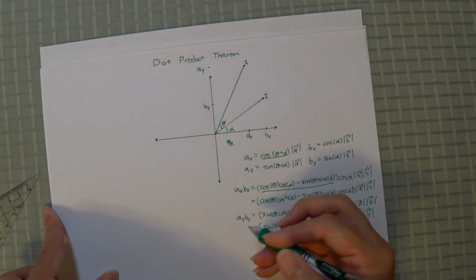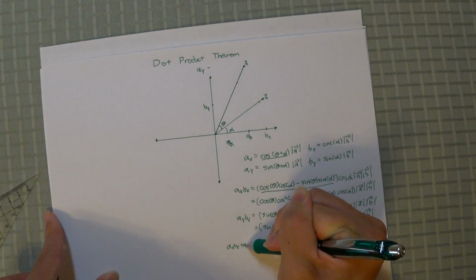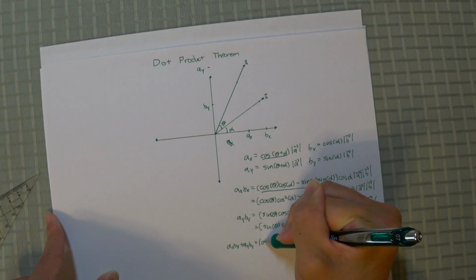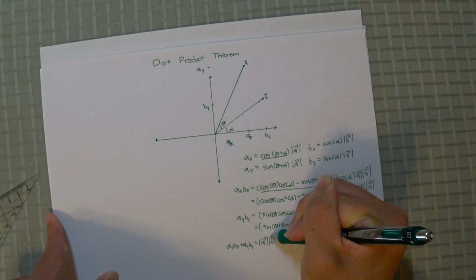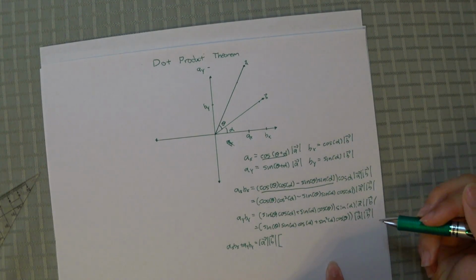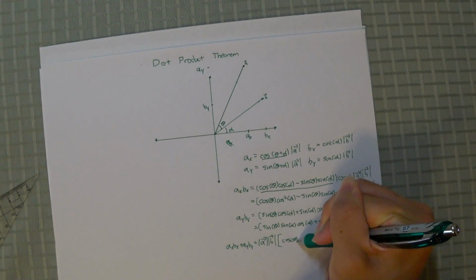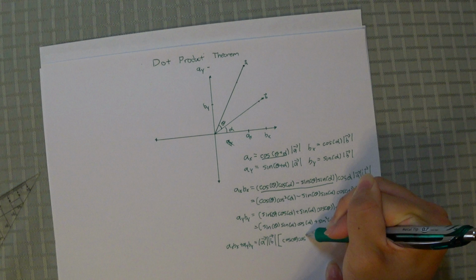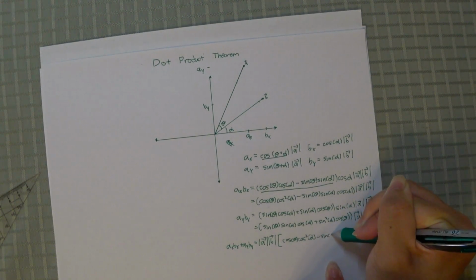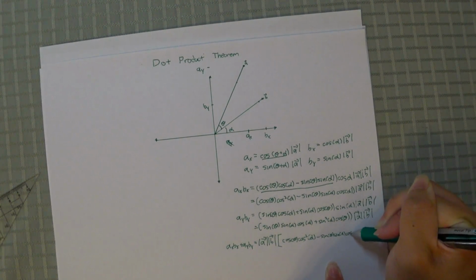So ax bx plus ay by is equal to the magnitude of vector A times the magnitude of vector B times cosine theta cosine squared alpha minus sine theta sine alpha cosine alpha,